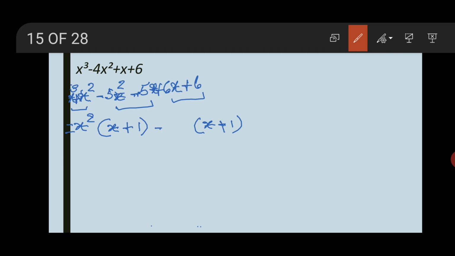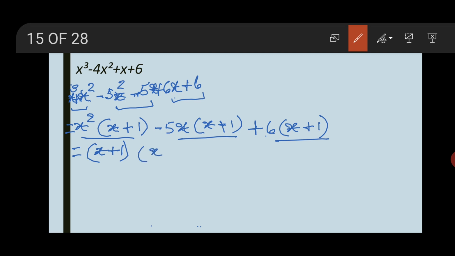So minus x square, I already kept x inside the bracket, so we have to write minus x here. Again write the same bracket, x plus 1. So plus 6x, I wrote x first here, so I should write plus 6 outside the bracket. Now check whether these are right or wrong. Plus 6 into x plus 6x, plus 6 ones are 6. Yes. Again in the three terms, x plus 1 is common, take outside. x square minus 5x plus 6.